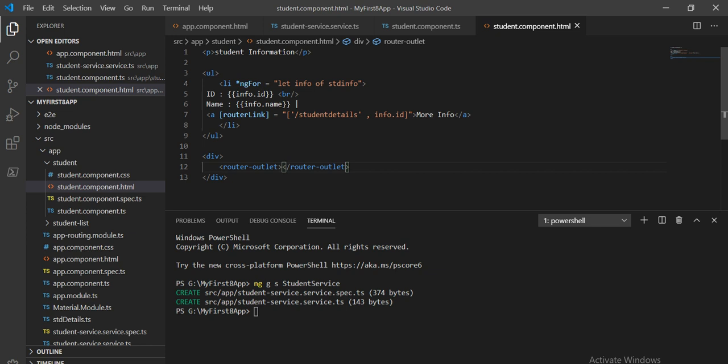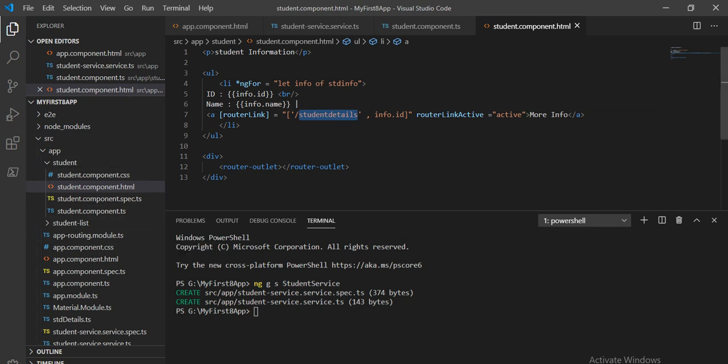And I will take one more thing, router link active, and I will give it as active.